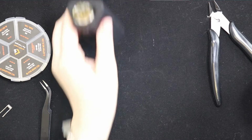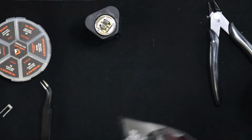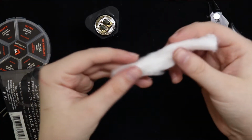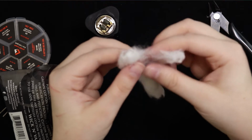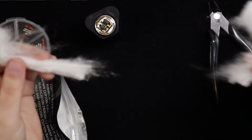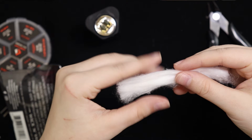Now with these coils, I haven't used them. They do have littler holes. So what I'm gonna do is I'm gonna take one of the strips of cotton and I'm just gonna take like 40% of the cotton off and set it to the side to where I have this nice little piece. Now,